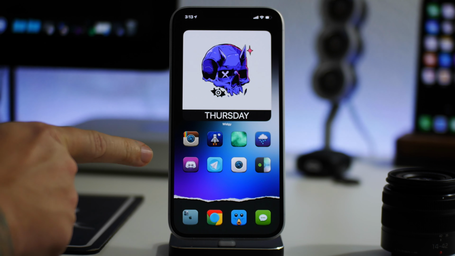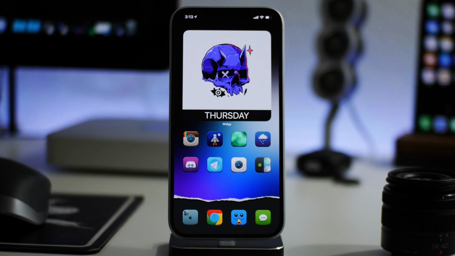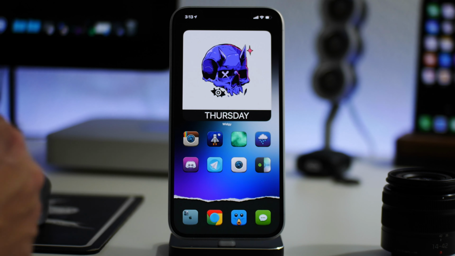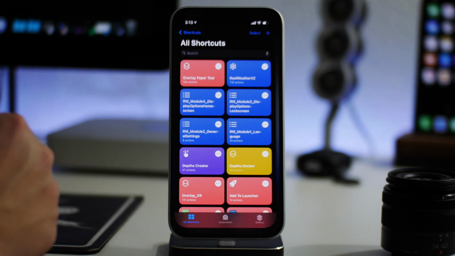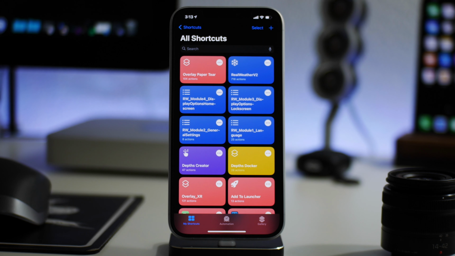So I'm going to be showing you guys how to change your wallpaper in RealWeather version 2. This is a super common question that I see people asking on how to change the wallpaper to whatever wallpaper you want. So like I said, I'm going to show you guys how to change that with the shortcut. So first off, do note that with this shortcut, it does use